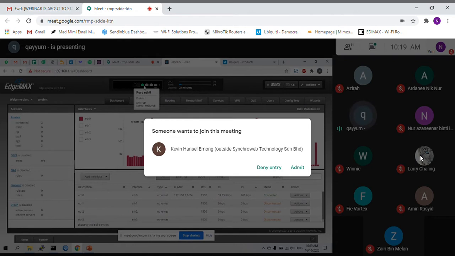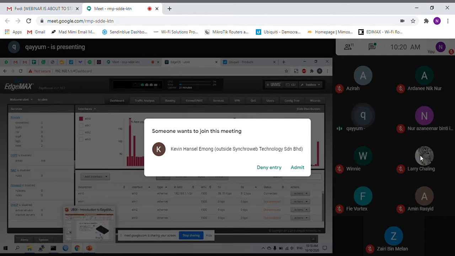If it is orange, it means 100 Mbps. Now I have ports 1, 2, 3, 4, and then the console port there. Then the CPU usage, the RAM usage, and the uptime. So this is the dashboard of your edge router.